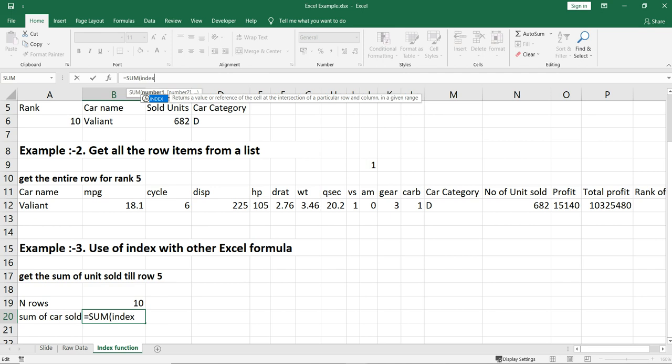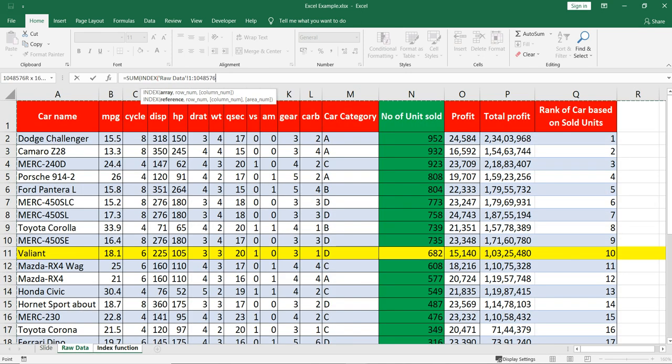So we'll put index and then we'll take our array as the entire sheet, we'll select this range, then we have to put the row number, right? In this raw data we know that we require the summation of the range from row 2 till row 6, right?